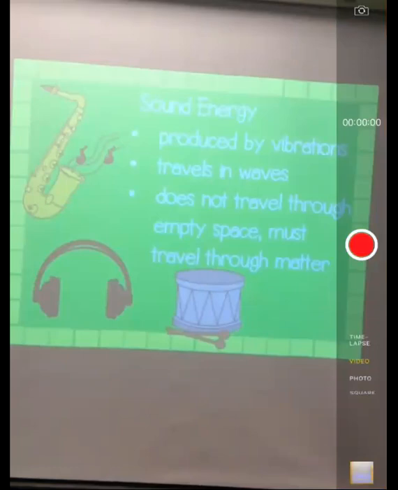Okay. So by that, they mean like space. Space is a vacuum. There is no matter. If we were in space and you were over there and I was at this end and I played the speaker, you wouldn't hear it. That's why when you watch movies and you hear sound when things blow up in space, there's really no sound. It's silent because there's no air, there are no molecules to transfer those sound waves. So that's one fake thing about movies you see in space. So that's why we hear it in here, because air is matter.